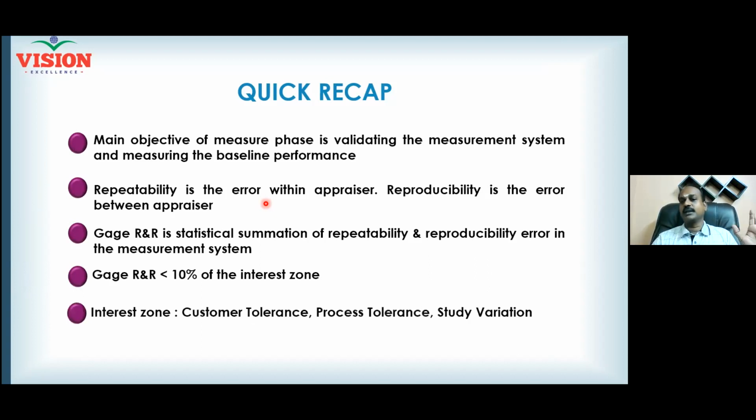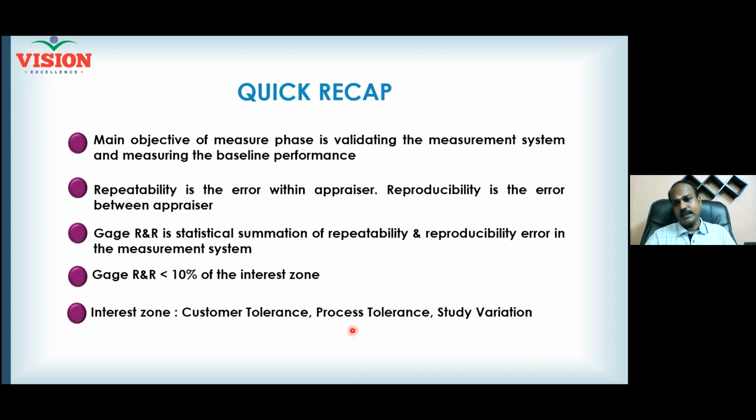The customer tolerance. But I will recommend to all of you, instead of using the customer tolerance, use the process tolerance. Because once you improve your process, obviously all your output will start getting inside the control limit. So at that time you can change your denominator to UCL minus LCL instead of USL minus LSL. The requirement is that the denominator can be USL minus LSL. But if you replace the denominator with UCL minus LCL and still pass, your measurement system is really, really great.